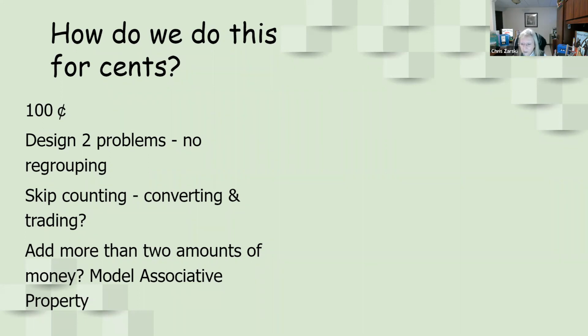Is there anything that you can trade so that you don't have quite as many dimes or nickels, depending on what they used, or pennies, that would just make less number of coins in my pocket? So I can definitely start with cents. I don't have to go to dollars right off the bat, but we should be able to go versatile between the two if we know the values of them. Okay, so always take advantage of skip counting and converting. That's the premise of base 10's system, and that's what we want them to be able to do.